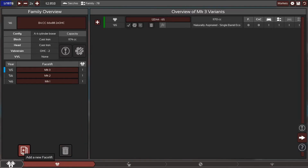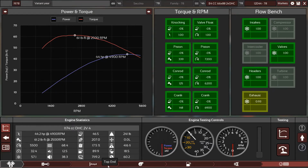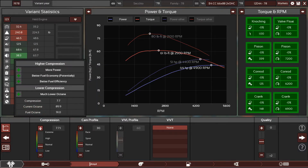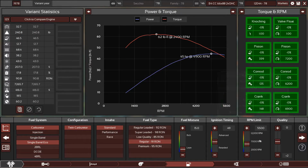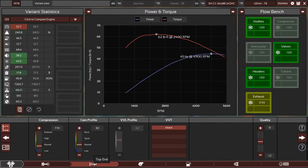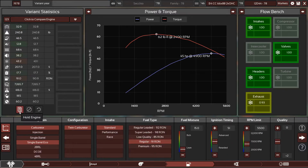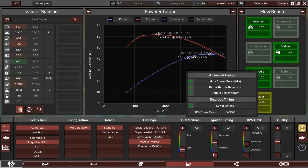$78. And their engine. Need to change the engine. Got them on regular already, which is good. Forged, no changes. Throw in a little bit more compression. Intakes are still well within. Exhaust. That's a lot of fuel efficiency to sacrifice. Bump up the timing, and now we'll test it. Retard the timing, and we're looking at